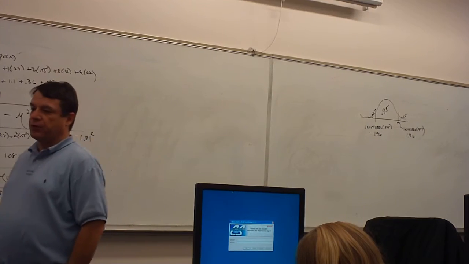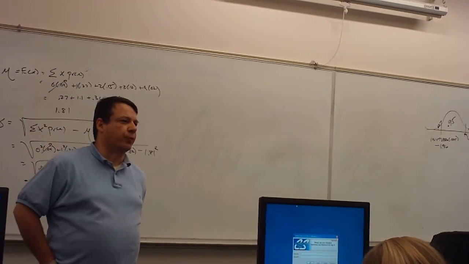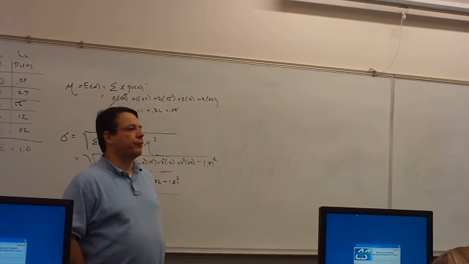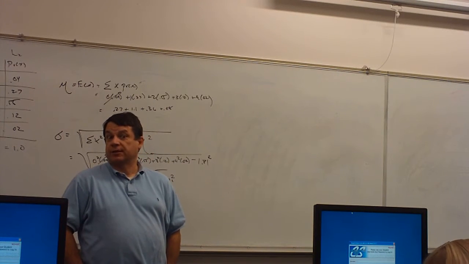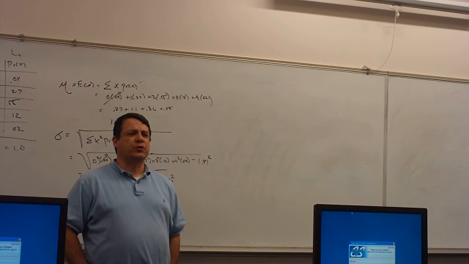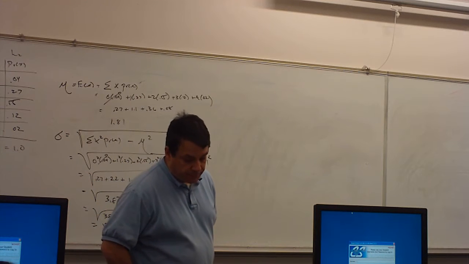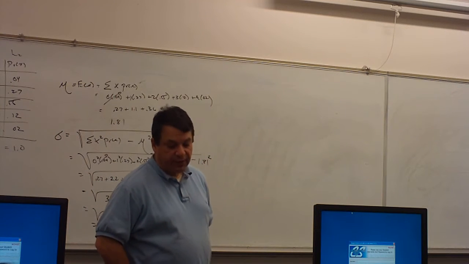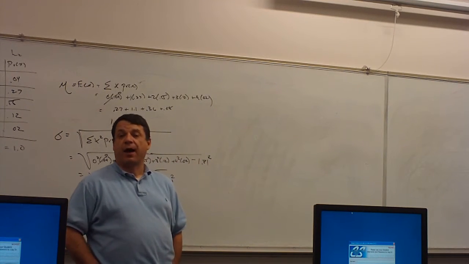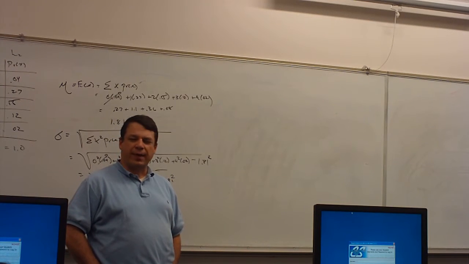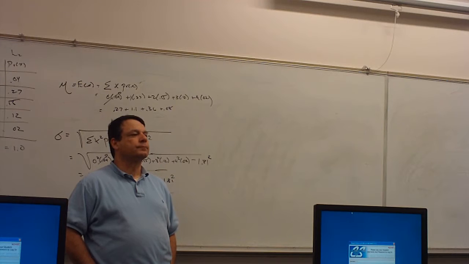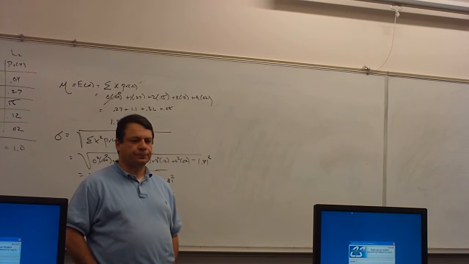When you finish within 2 standard deviations of the mean, what does the empirical rule say? What's the percentage of people that fall within 2 standard deviations? 95%, right? 68% fall within 1 standard deviation. Within 2 standard deviations of the mean, it says 95. Can we go with that?